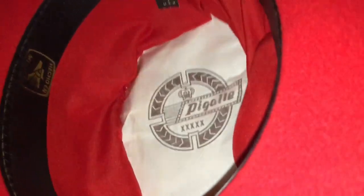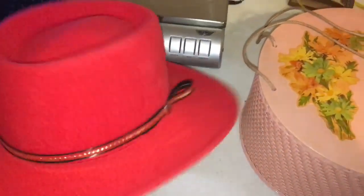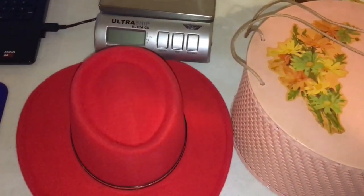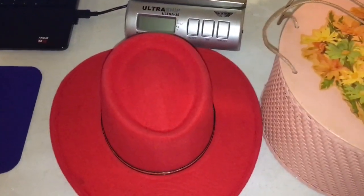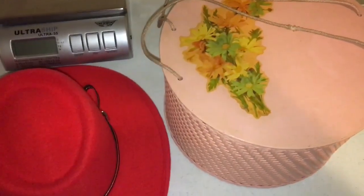This is a Pigali, made in Mexico. And I got this at an estate sale. I usually get these all the time for half off day, maybe $1 or $1.50. And it's sold on sale for $14.99, and buyers of course paid shipping on top of it. And hopefully these items will fit in one of the large